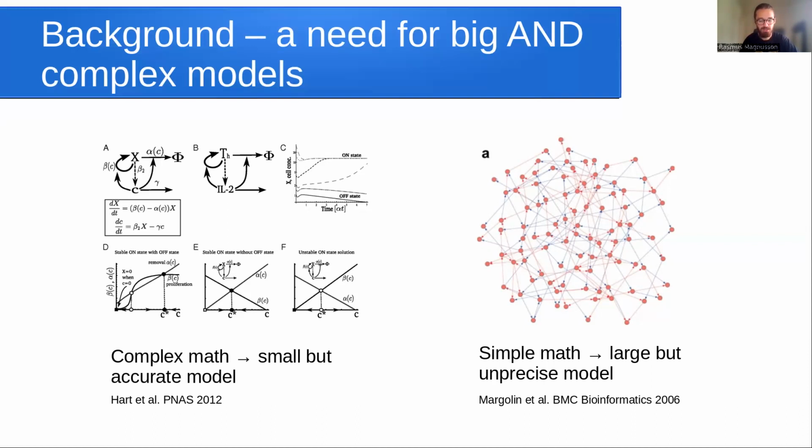And when you do that, you can fit your model to many different kinds of data, depending on what you're modeling, genes or proteins or methylomics and basically any kind of data. But you will also have very imprecise models that, since they're based mostly in statistical assumptions, will contain lots of false positives and false interactions that maybe are not there in reality.